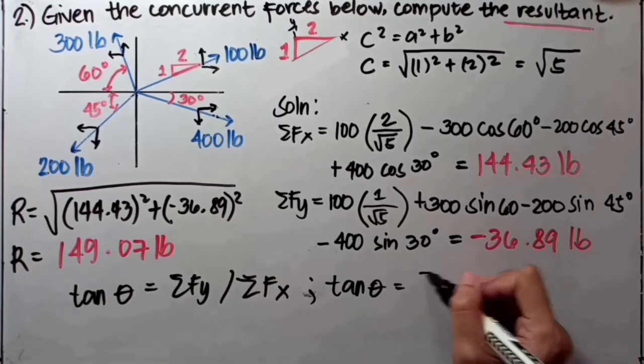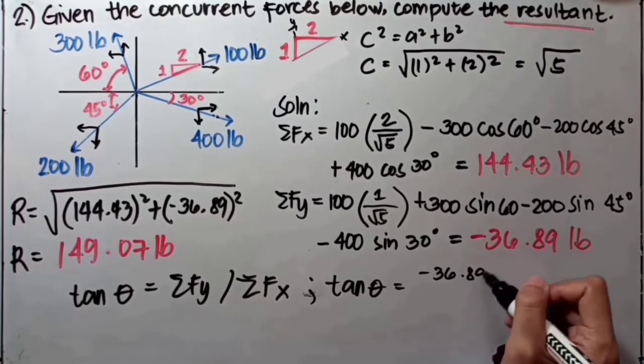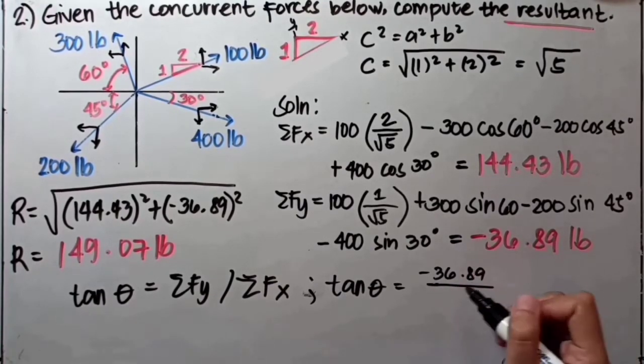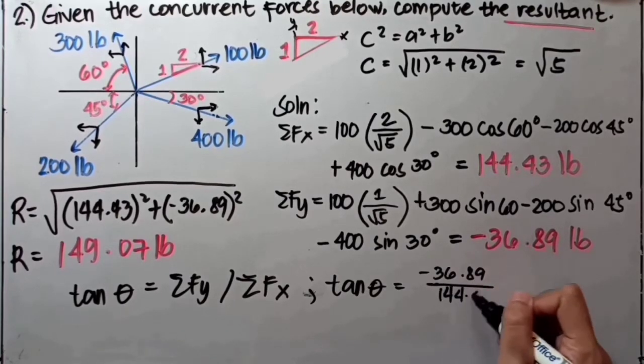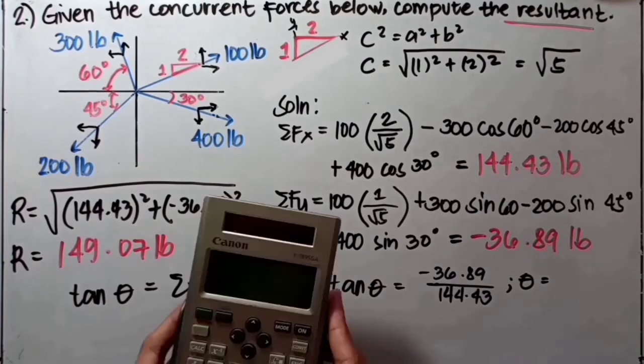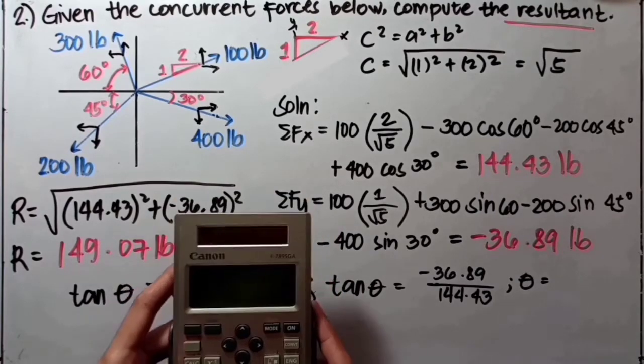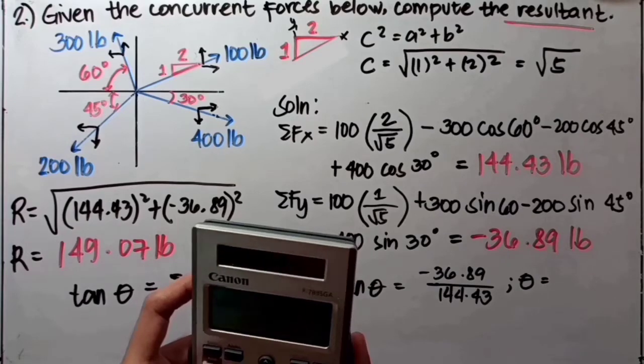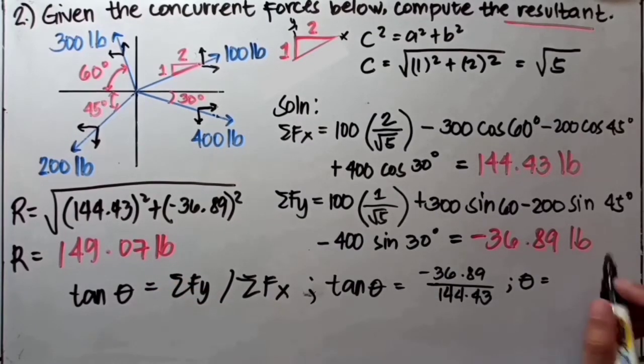Summation forces y will be negative 36.89 divided by the summation forces x, which is 144.43. Therefore, theta is equals to, na meron tayo for theta will be 165.67